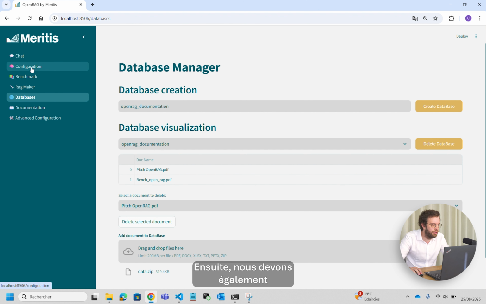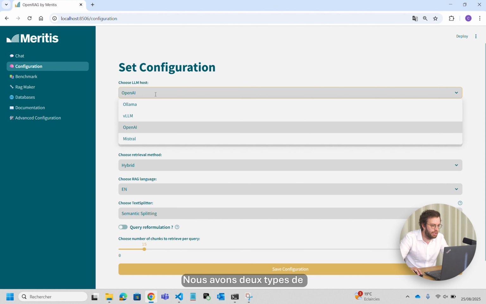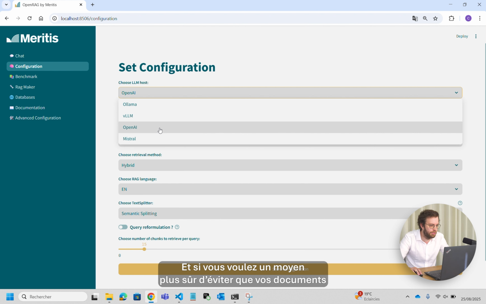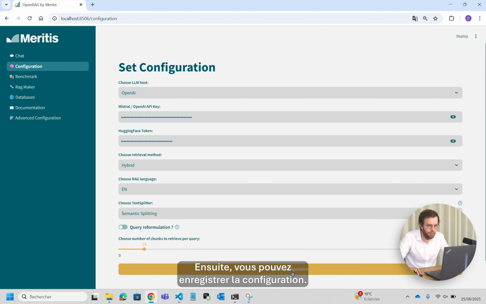Then we also need to choose a way to run the LLM. We have two types of LLM provider. We have OpenAI and Mistral, which are two private company providers. And if you want a more secure way to avoid your documents going to another server or computer than your company's, you can use Ollama or vLLM, which are two secure ways to process your documents. Then you can save the configuration